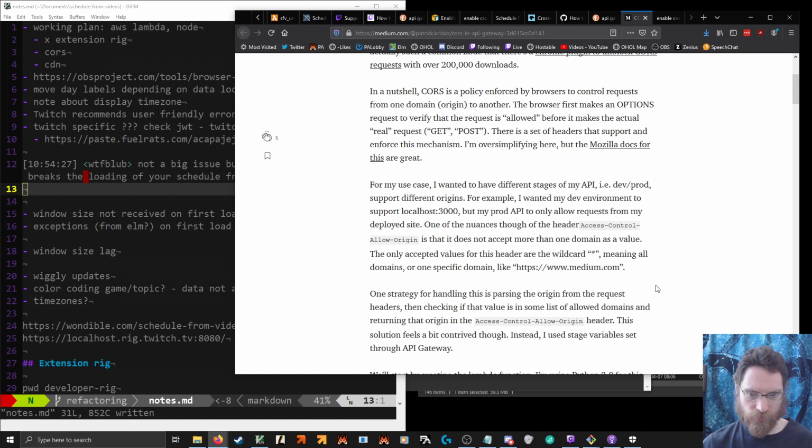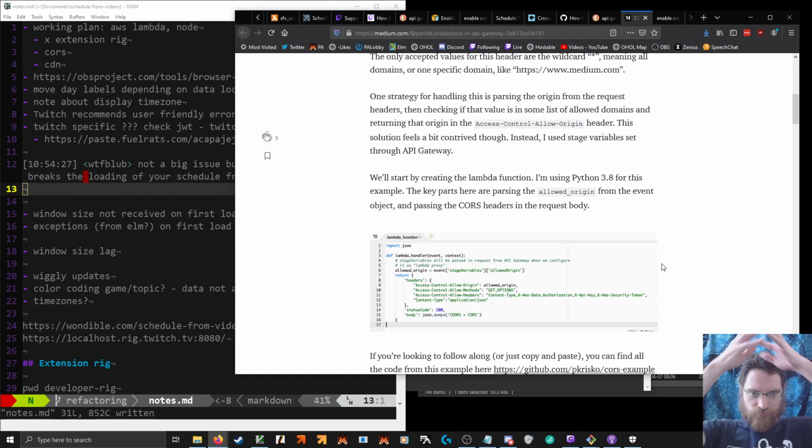Support different origins. More than one domain. Parsing the origin from the request. So you're using the default integration.